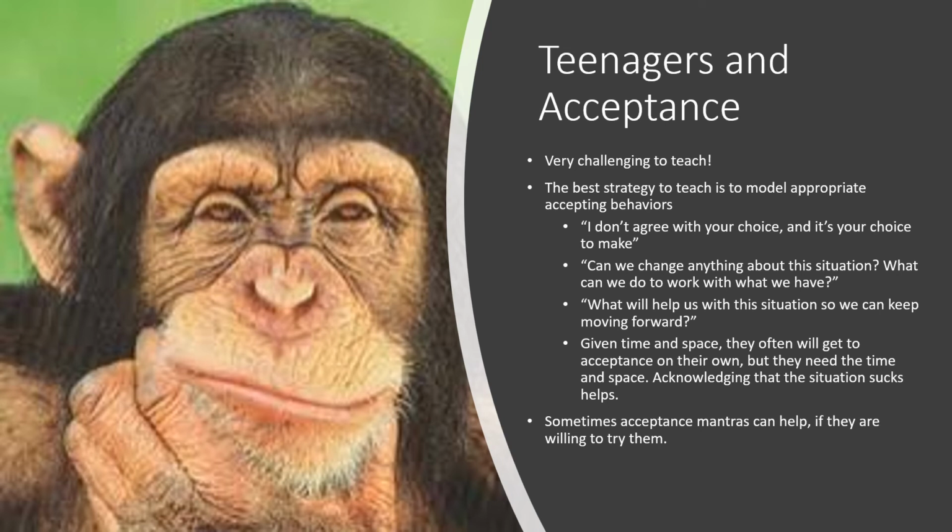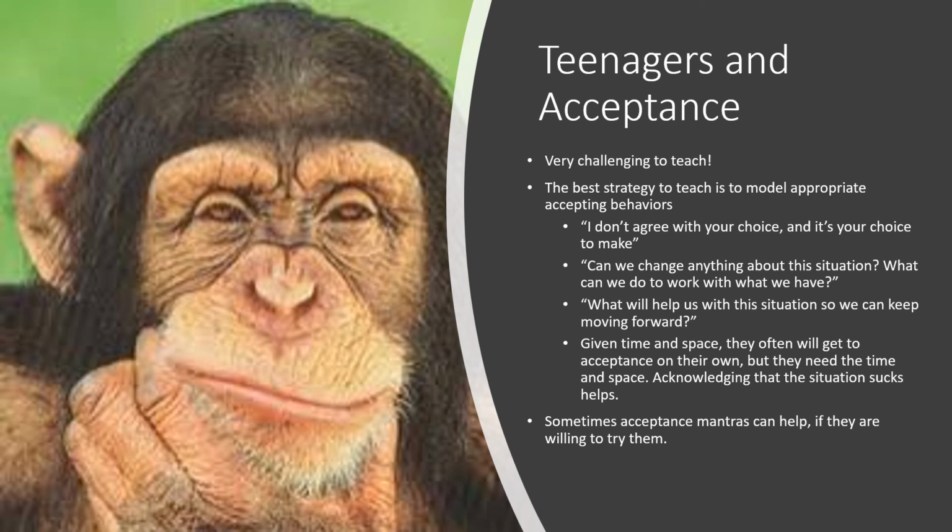So they'll be upset and acting out, and eventually when they calm down, but they're still making a choice that's not good for them, just telling them, I understand the situation sucks, and you're right. The situation absolutely does suck. Just leaving it at that and letting them sit and know that someone knows that their situation is not the greatest, that helps them. And eventually they will get to the acceptance part on their own, for the most part. There are a time or two when they won't get to that, but they are few and far between.